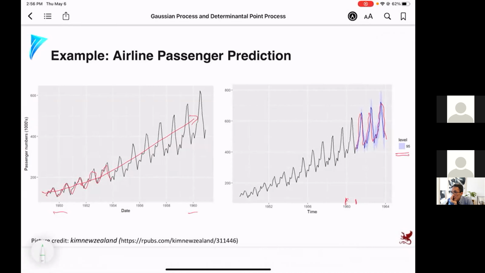Because our training data is up to the 1960s, in the right diagram, let's say before this line, all the data are observed. For new data, say 1961, maybe we don't know its corresponding value, and we want to find out. So we're going to consider this